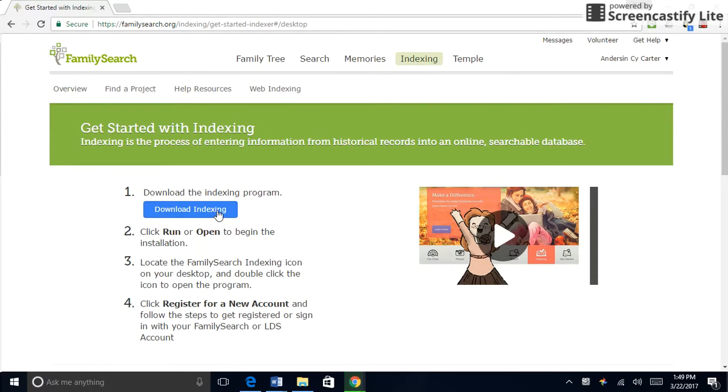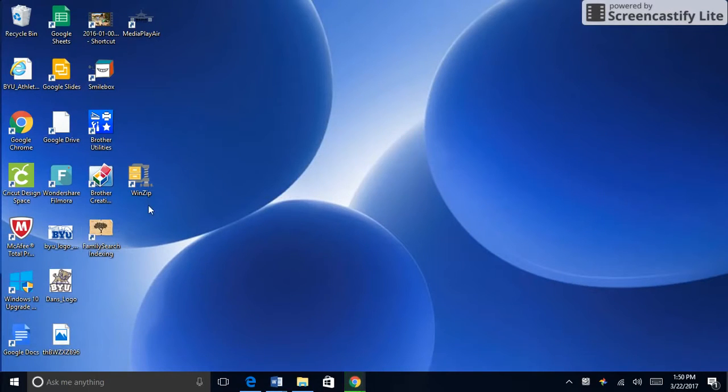So what you want to do is click on that, and it'll basically just download an app on your computer so you can index. But I've already done that in advance, so once it's done downloading, it should show up like this. It should be a little tree on a piece of paper, something like that, and it should say Family Search Indexing. So you want to click on that,